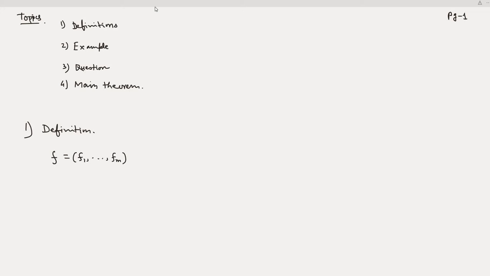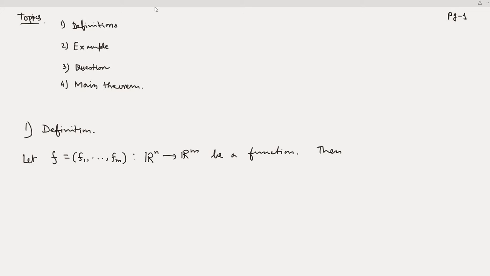So these are the component functions. This is a function from Rn to Rm. Okay, so let this be a function. Then